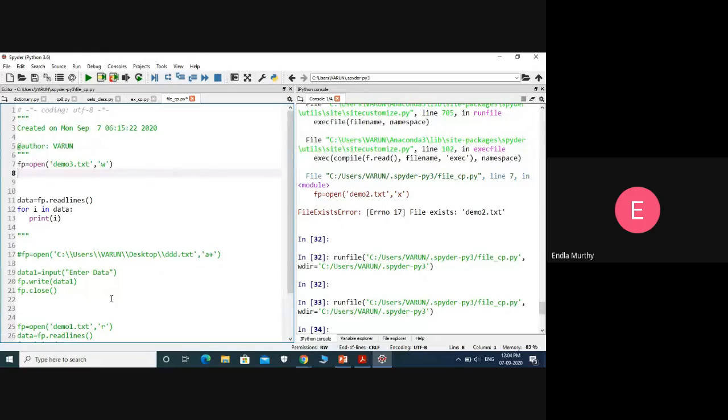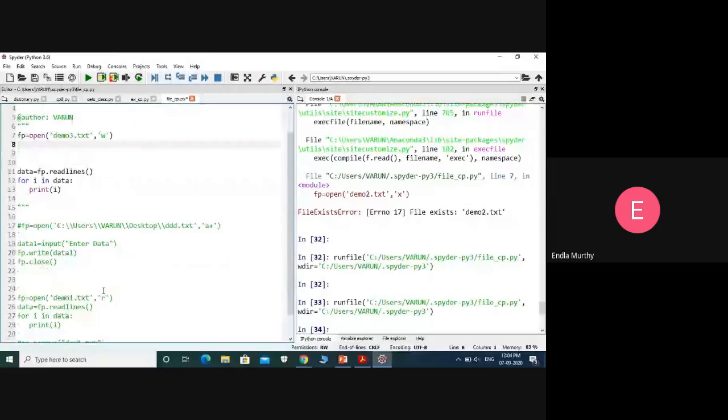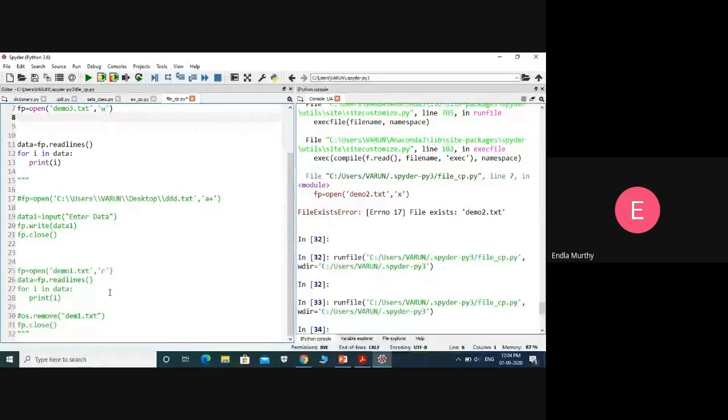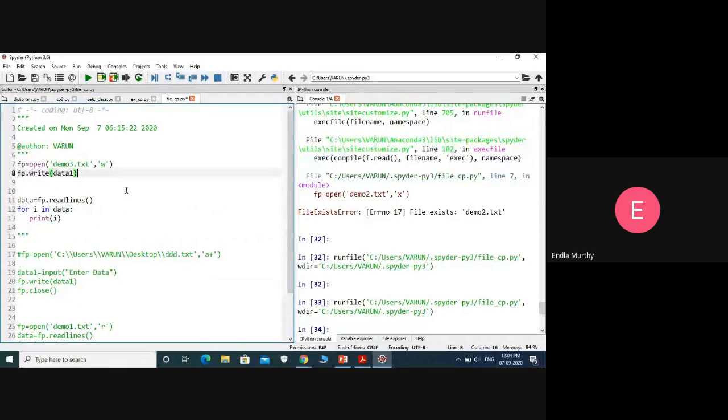So if I want to write, here I can pass some string into the file. So hello vmtw, hello vmtw is my string I want to store in my file.